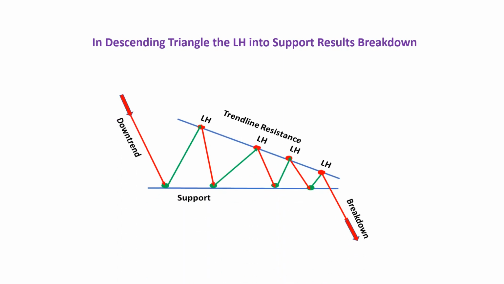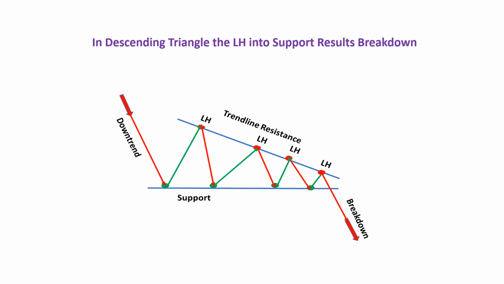In a descending triangle, the lower highs into support result in a breakdown. A descending triangle pattern typically forms within a downtrend. It consists of a horizontal support line and a converging trend line slanting downward. Price fluctuates between these two lines, with the horizontal support line and the descending trend line being touched at least